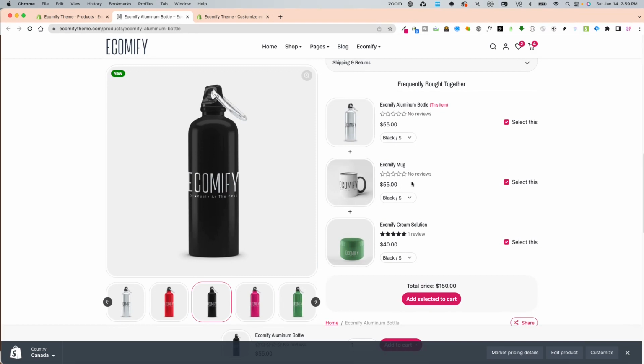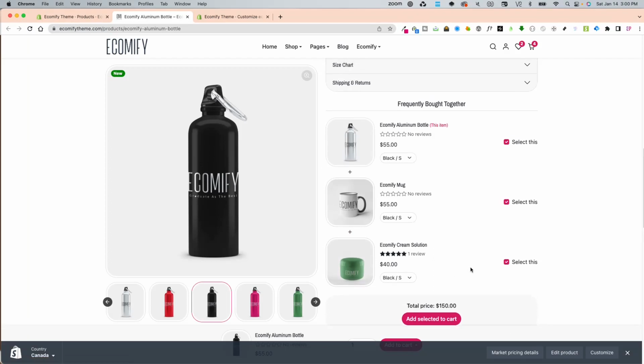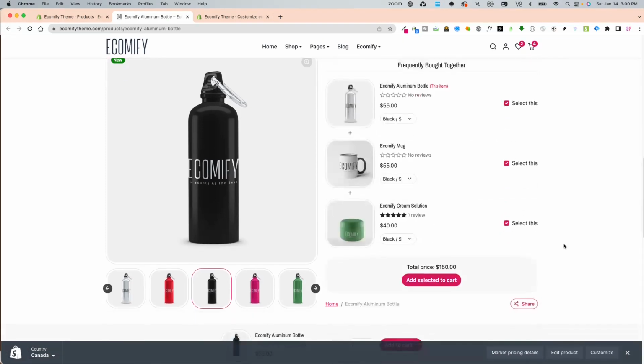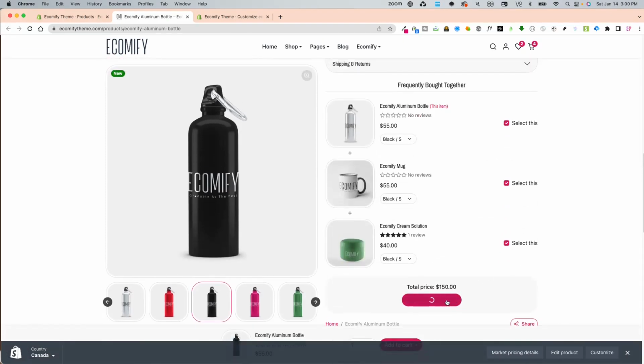So what this is saying is whatever next 2 products you choose are going to be the first 2 to come up. So on frequently bought, it is the original product plus 2 more items. Now, this depends on a couple things where it does rotate sometimes, I believe, but not all the time. So when I add this to cart,